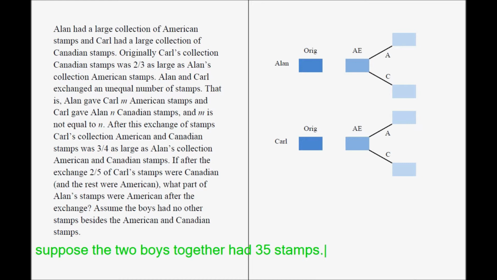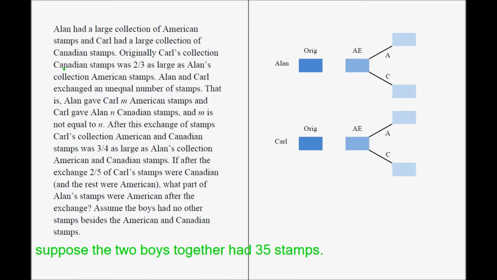And you do have to understand the total number of stamps between the two boys didn't change. Some of the stamps just changed hands. Alan gave Carl some American stamps and Carl gave Alan some Canadian stamps. So if the boys together had 35 stamps, let's work on the first statement,